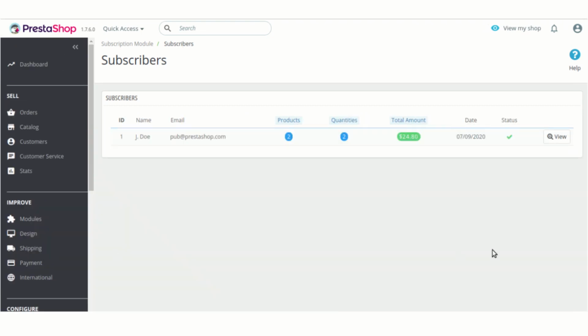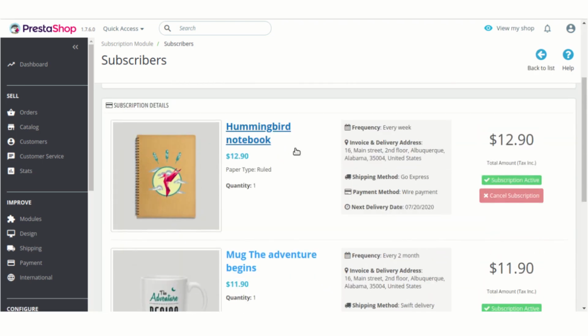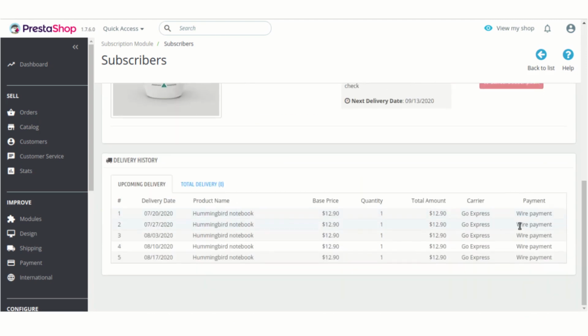Under subscribers, you can view the list of all the customers that have subscribed to any product. Here you can see the quantity of all the products and the total number of products that have been subscribed to by a particular customer. In addition to this, you can also view the details of the products that have been subscribed to by a customer. As you can see, this customer has subscribed to 2 products and the upcoming delivery of these 2 products is here.